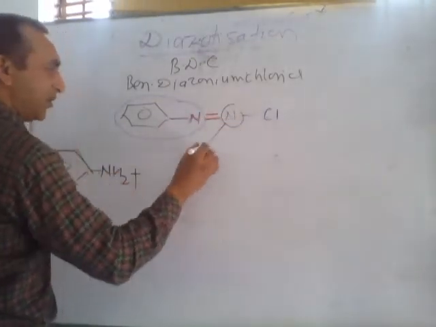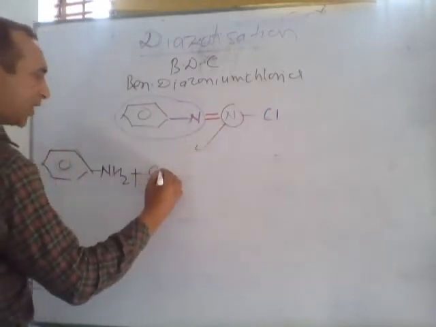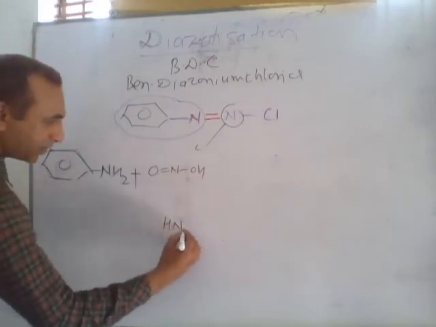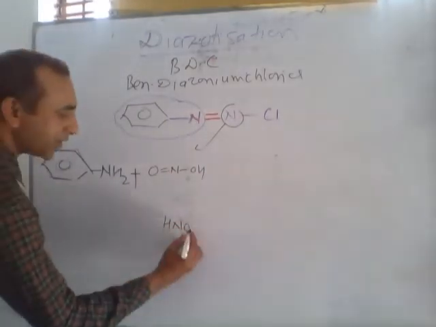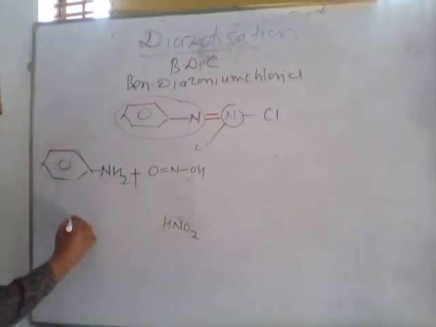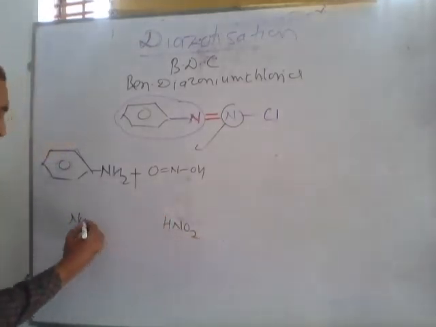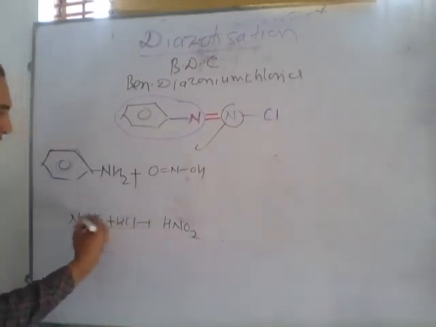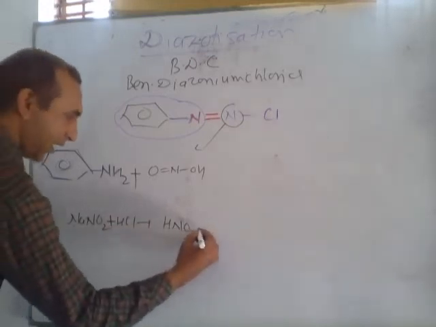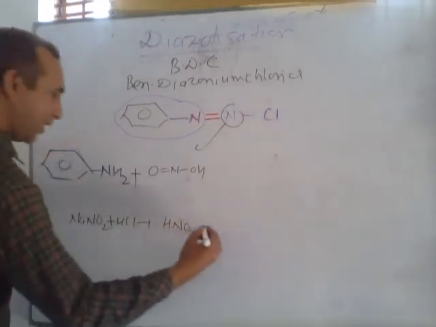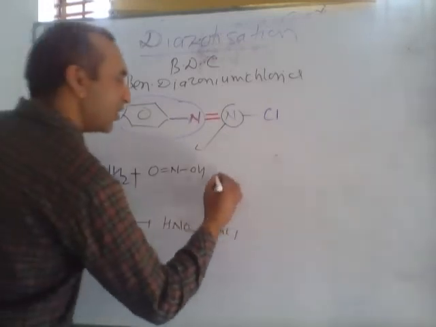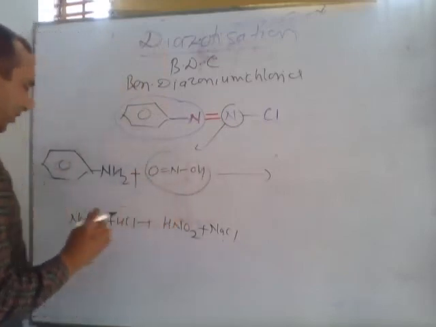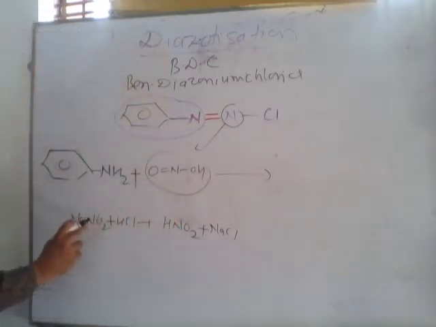This nitrogen comes from this compound. Can you guess the name of this compound? Actually, this compound is HNO2. This is called nitrous acid. Because nitrous acid is unstable, to prepare nitrous acid we use sodium nitrite along with HCl. These two react fast and give HNO2 and NaCl. So in exams, sometimes they ask, instead of nitrous acid, they can write a mixture of these two,